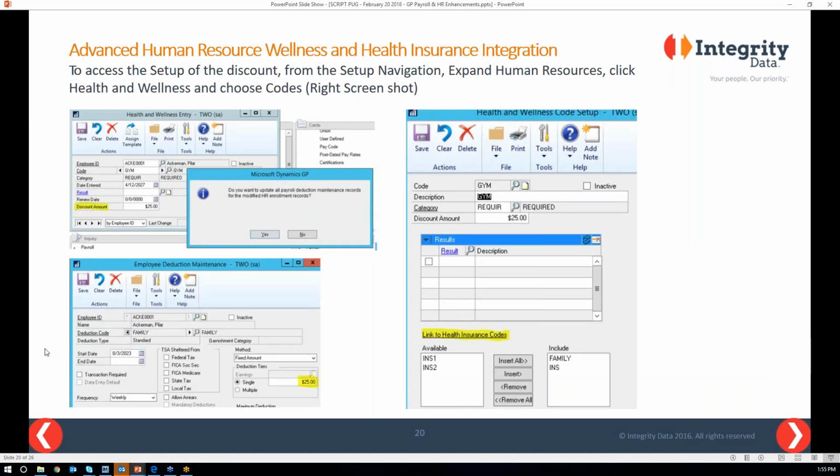Now, the last feature I'm going to talk about today is the addition to the advanced human resource, wellness and health insurance integration. Here you have to own the advanced human resources add-in for Microsoft to get this feature. So not everybody will necessarily have this, but lastly,